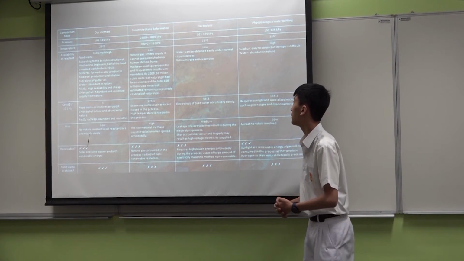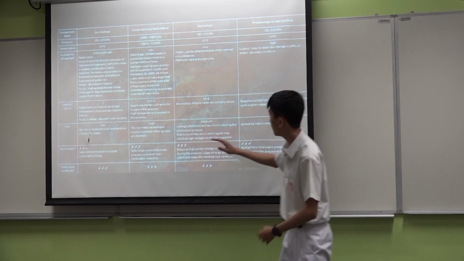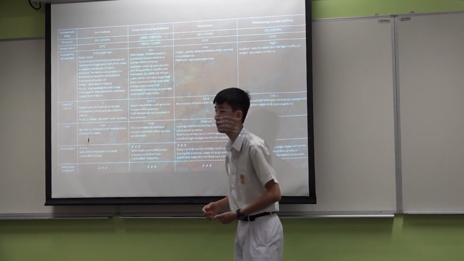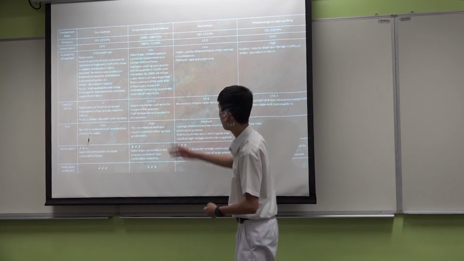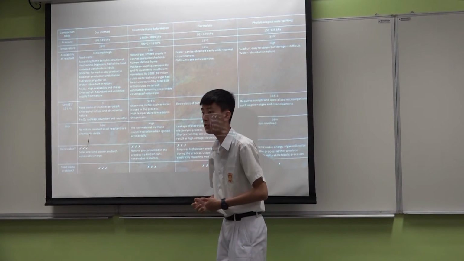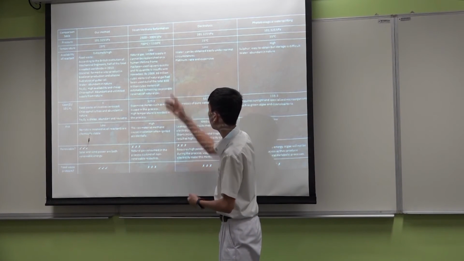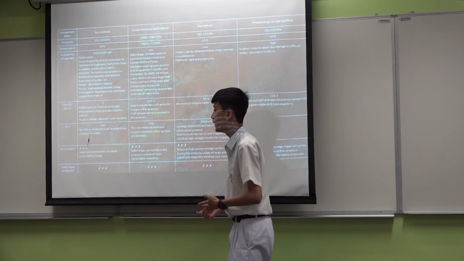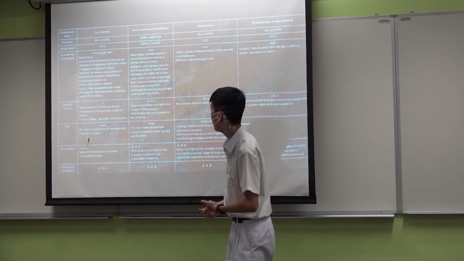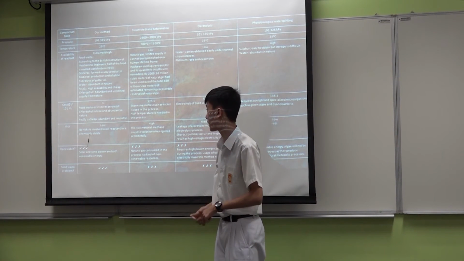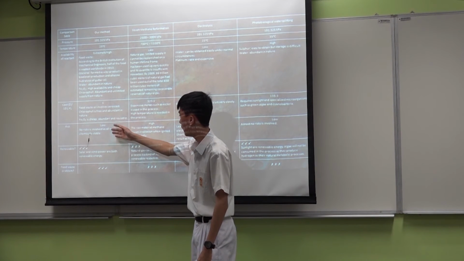And in comparison, we found that our method only requires room temperature as well as room pressure. In comparison to steam methane reformation, which is the most common way to produce halogen gas nowadays, it requires a very high pressure as well as temperature. So its cost is very high, and it has a very, very high risk. And besides, our